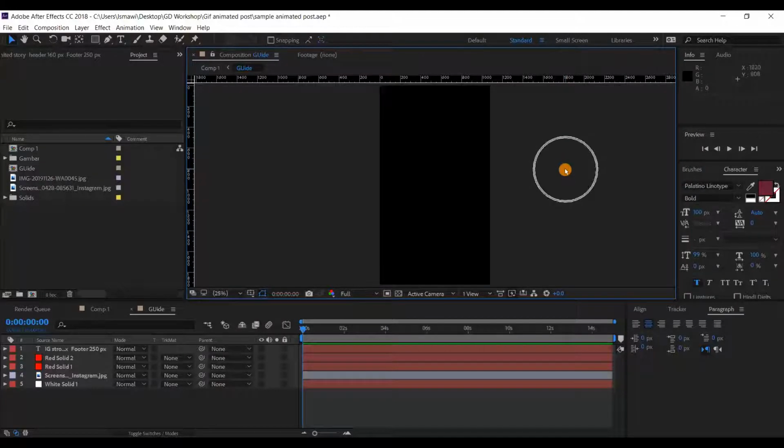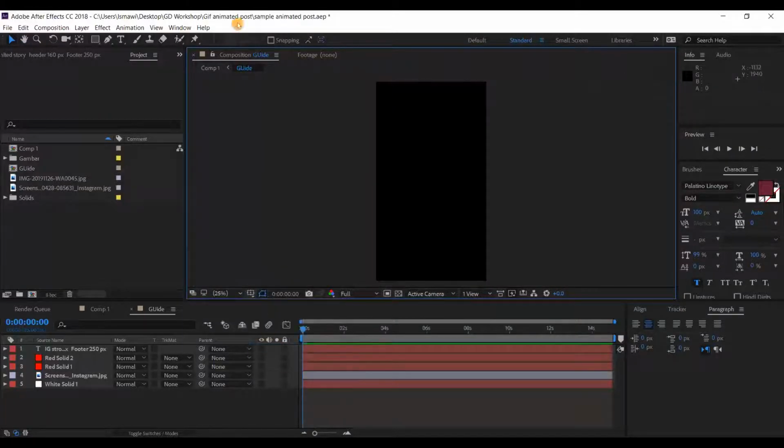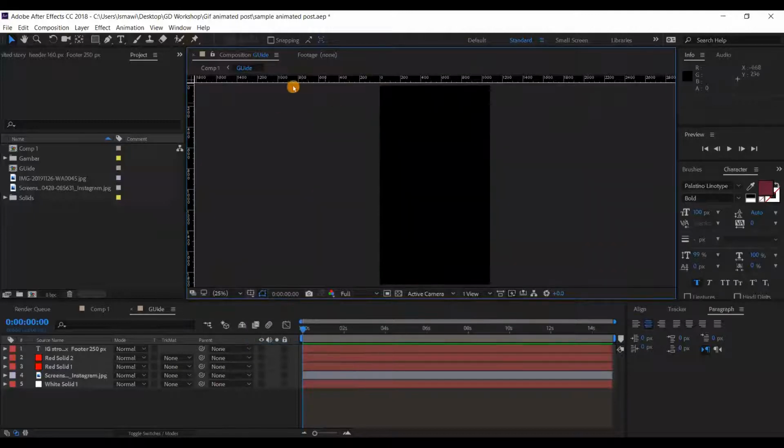To activate your ruler, go to your guide, underneath here beside our magnification ratio pop-up. Click on it and make sure you click Guides and Rulers to activate it. When you activate the rulers, we can see them, and we're going to use them to create the guidelines.